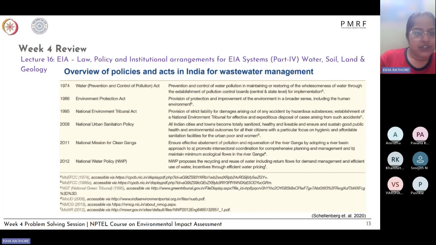So here we had the Water Prevention and Control of Pollution Act 1974, which the CPCB and the SPCB maintain and enforce. Then the 1986 Environmental Protection Act, so protection and improvement of the environment in a larger sense. 1995 National Environment Tribunal Act, 2008 National Urban Sanitation Policy, 2011 National Mission for Clean Ganga, and 2012 the National Water Policy or NWP. So all of these different acts and their purposes, we also discussed them in this